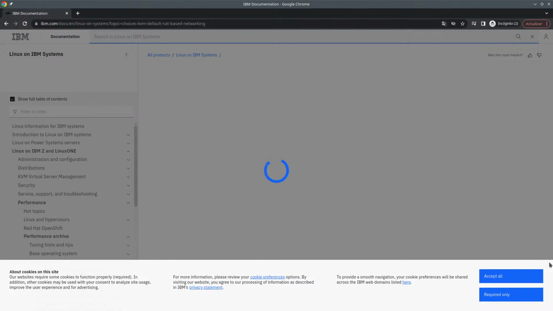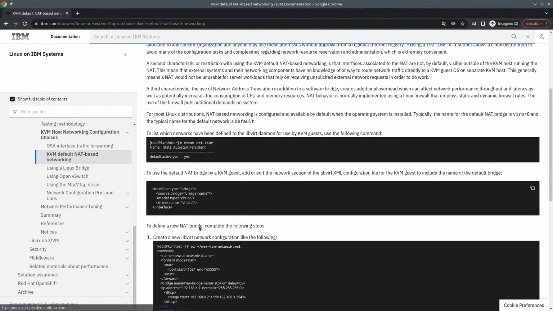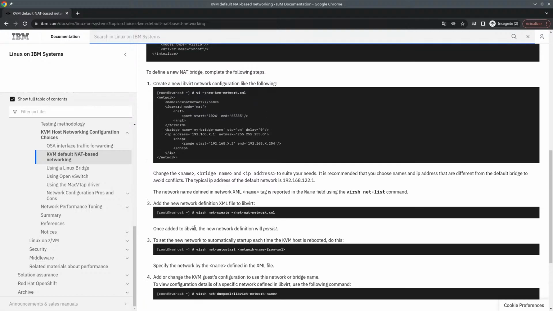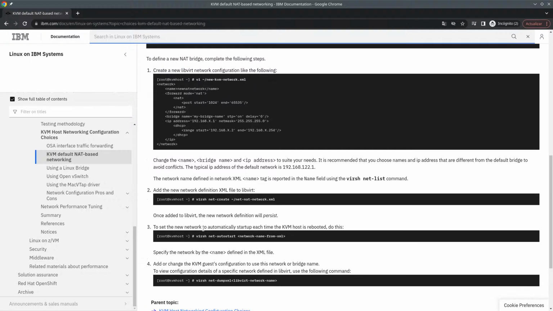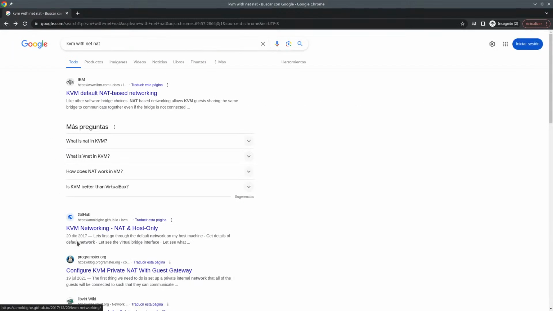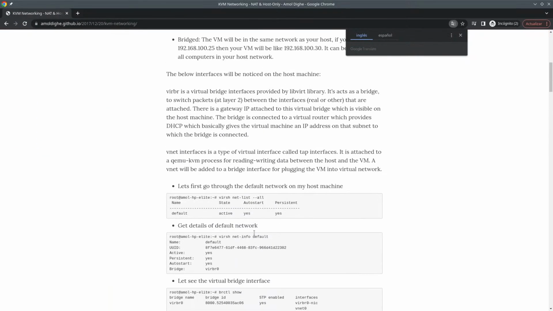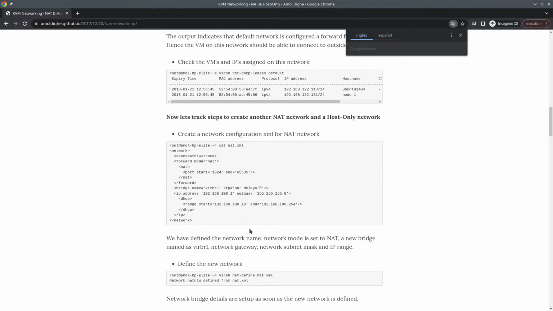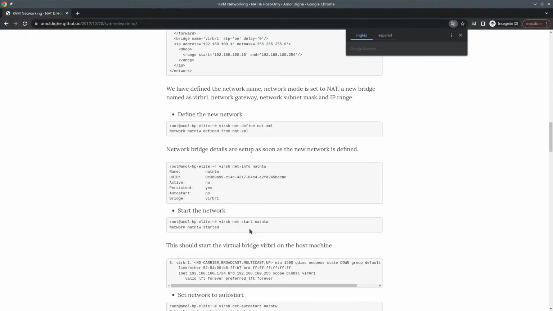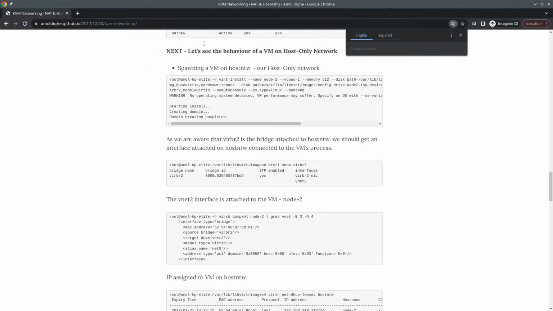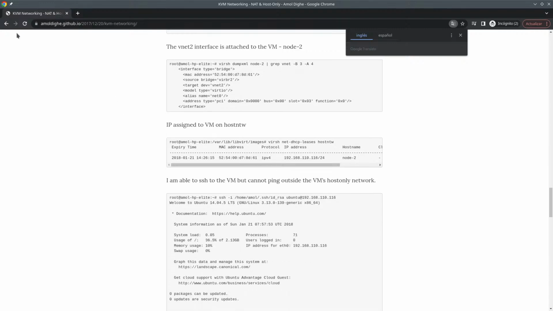Oh my god, IBM. Yeah, but I want to do this from the command line. KVM NAT. Okay, below. I want to do this from the command line. No need to have this stuff.